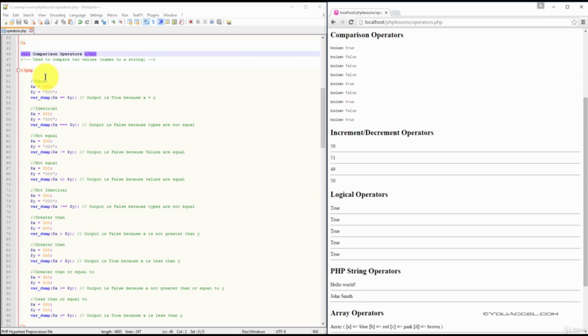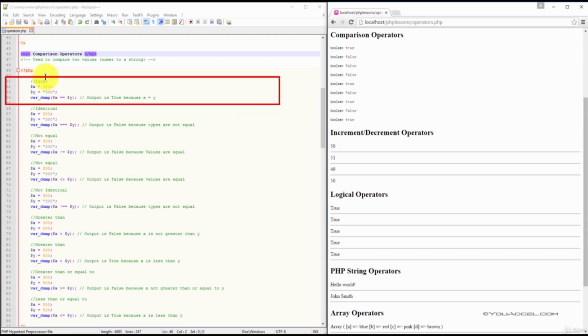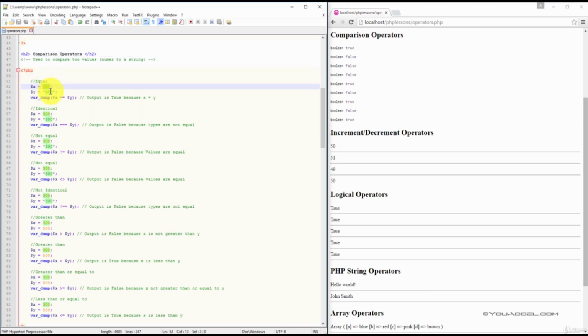Comparison operators are used to compare two values, numbers or strings. In the first example, we've set the value of x to 300 and y to 300 with quotes. So, no quotes and quotes. We've used the var dump function to compare x to y using a double equal sign. The double equal sign is going to check if the value on the left is equal to the value on the right. And because 300 is equal to 300,